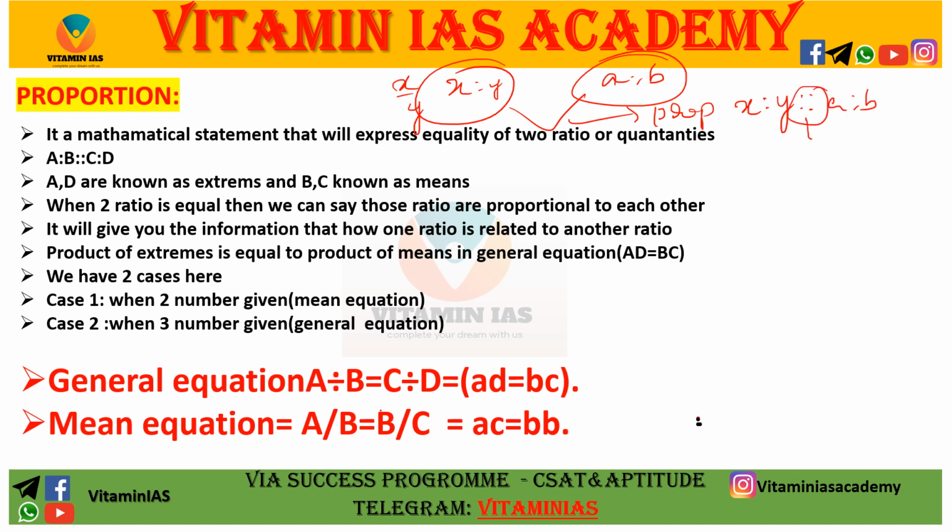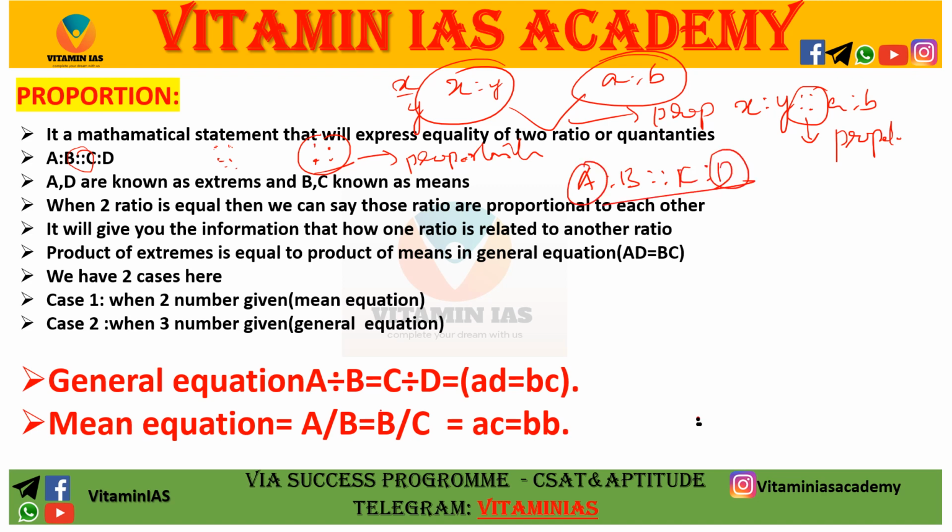This symbol belongs to proportion. See here, a is to b and c is to d are proportional. Then we have to put four dots in a square way. This symbol is called the proportionality symbol. If you take a is to b proportional to c is to d, then